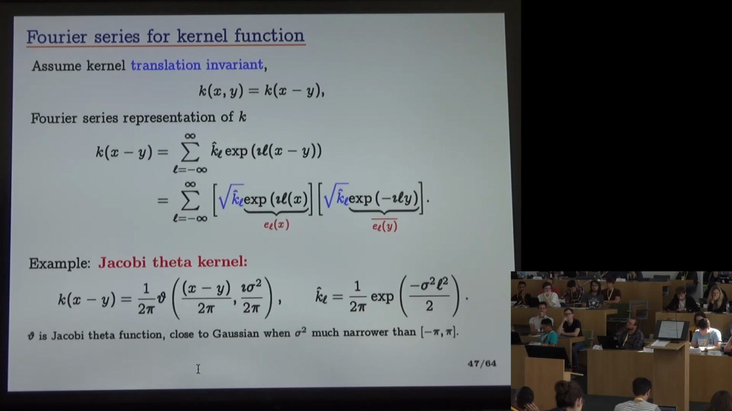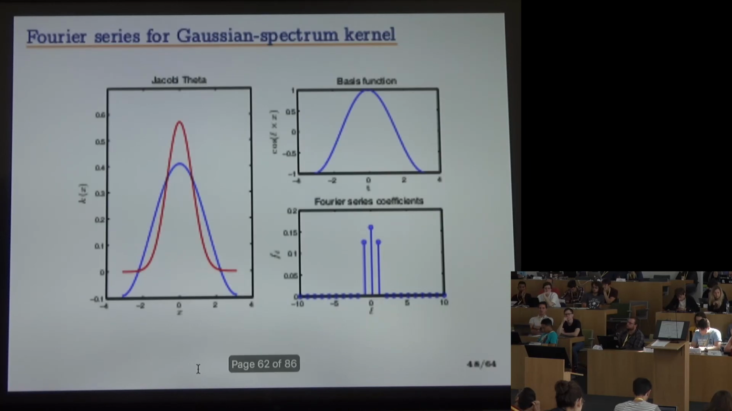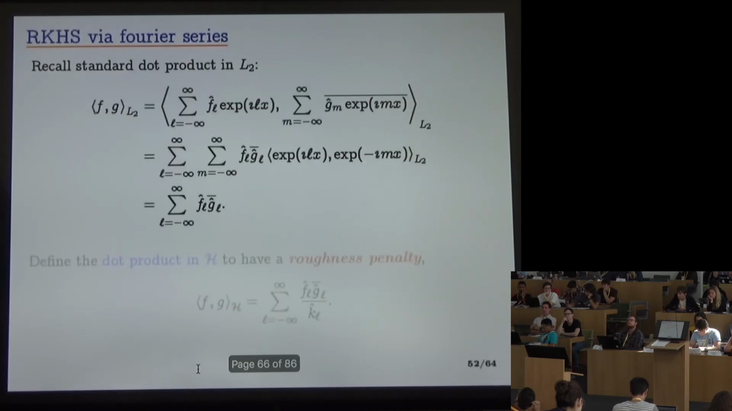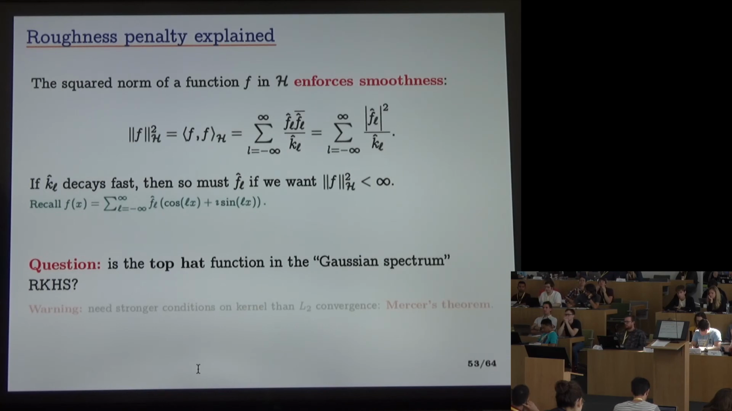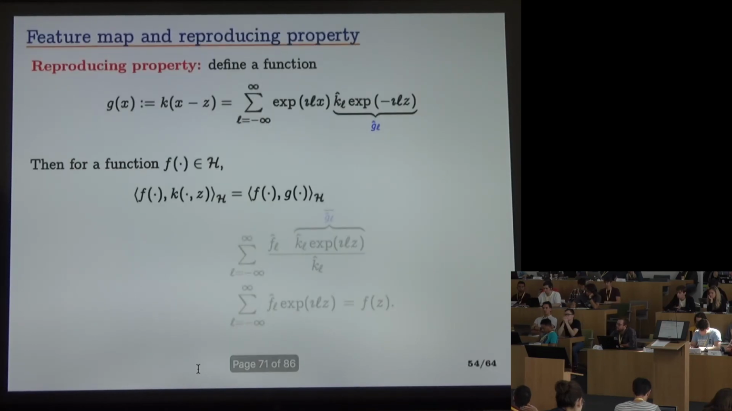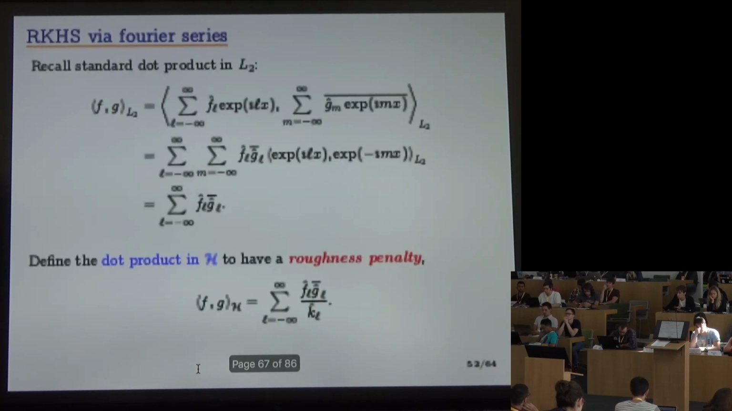Okay, so let's continue. Right, so here is my smoothness enforcing norm. And we know now that the top hat function is not smooth enough to be in this RKHS, which is kind of fun. This one I think I'll skip. Okay, so I've just said that this is my norm and this is my dot product. I can say that, but now I want to check the most crucial properties for reproducing kernel Hilbert spaces, namely